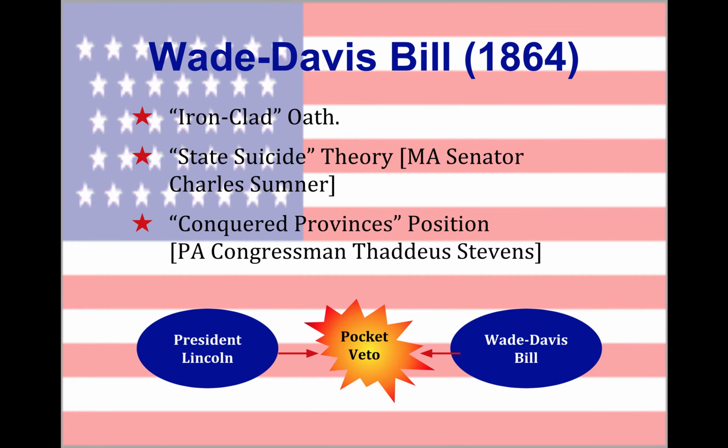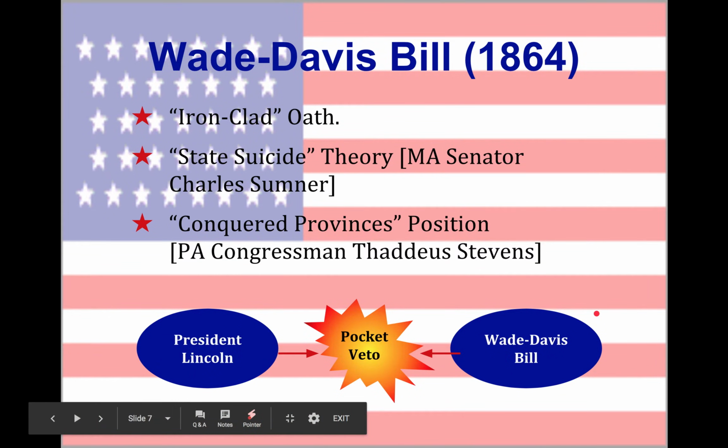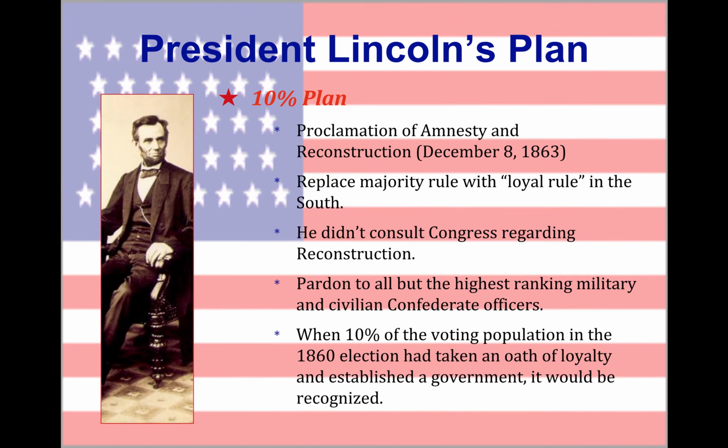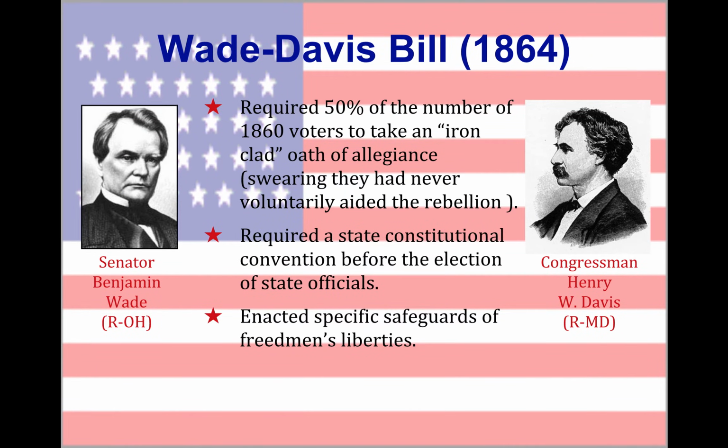All right, I'm really just quickly going to touch upon these. This slide just elaborates. It does explain what happens to the Wade-Davis bill, but I'm not really going to talk about these two. I don't emphasize them too much in my class. But again, the ironclad oath just shows us how much stronger, arguably, the Wade-Davis bill was, or harsher, we might say, towards the South. Lincoln, in his 10% plan, in many ways just wanted to proceed as usual, and we can think about continuity and change.